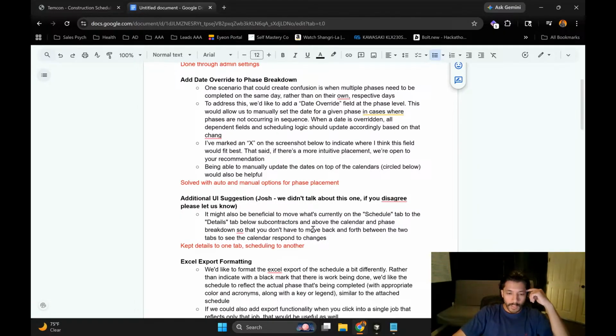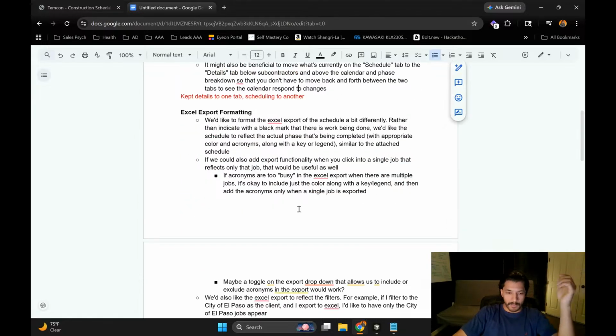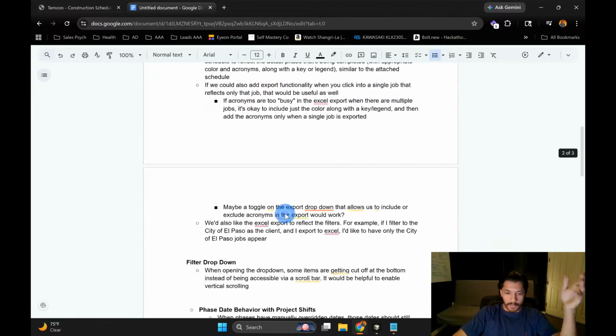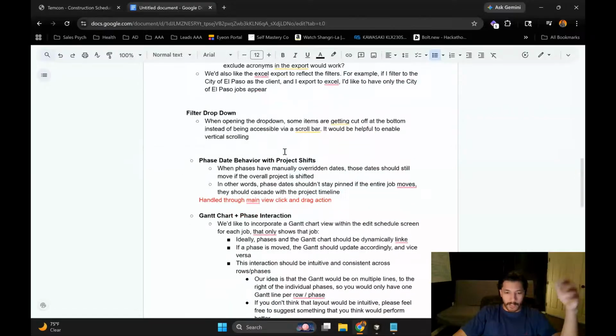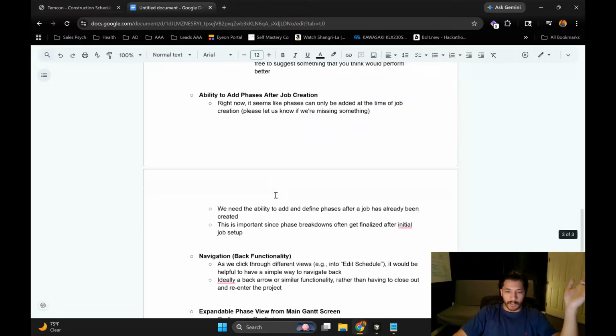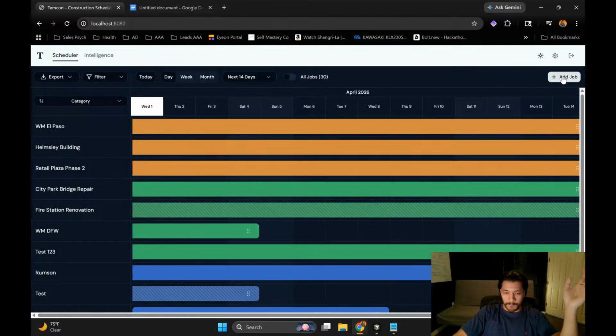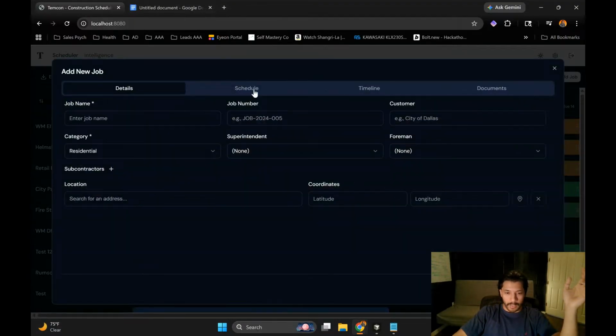Okay. Now we talked about this here. Basically just moving certain things from one tab to another because it made more sense logically. Exporting I'm going to deal with later in a second here. Filter dropdown. This is just a bug. And then right now we're working through this one, phase date behavior with project shifts and chart and phase interaction. So a couple other things there, but to state it simply, right now, if you go and input